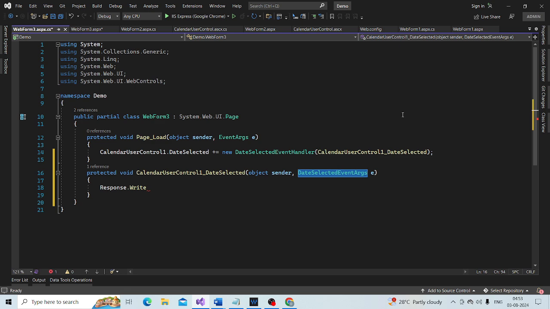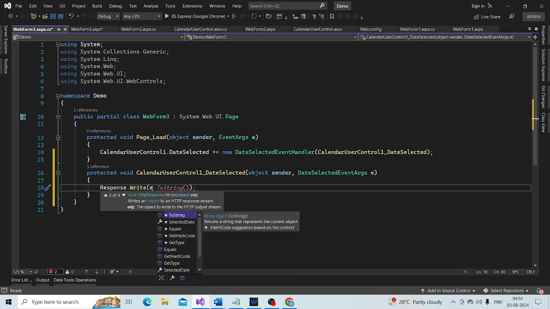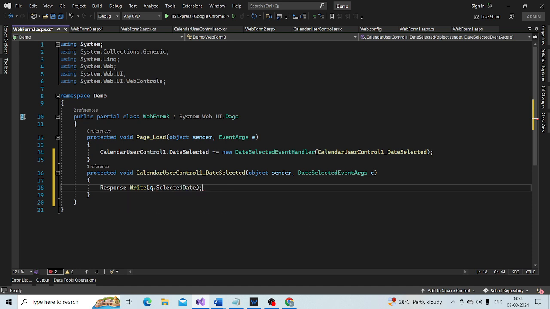So I simply say e.SelectedDate, which is nothing but a DateTime, but I want to convert that.